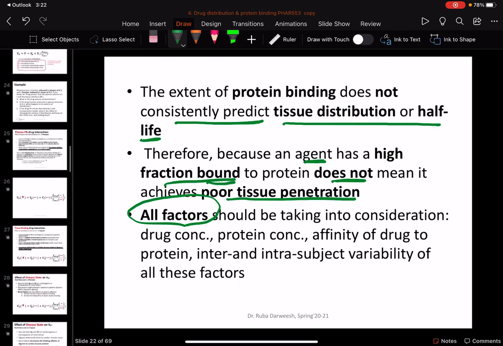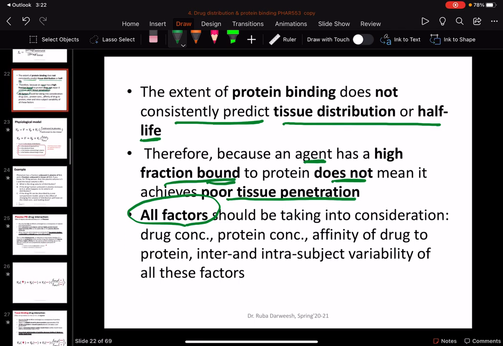I will talk about the volume of distribution physiological model in the next